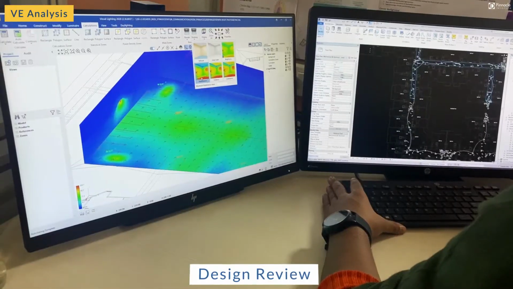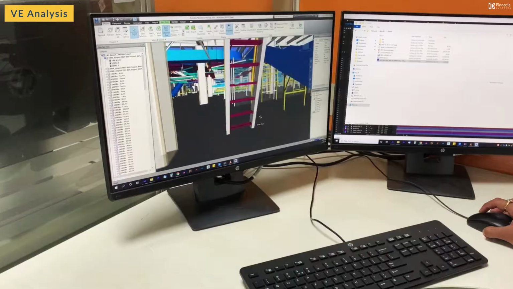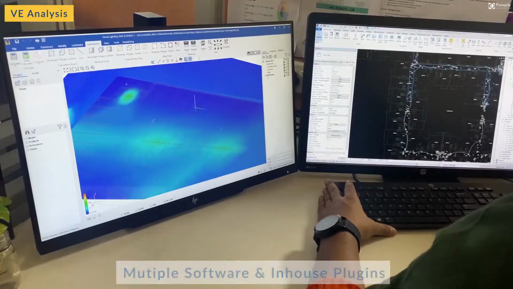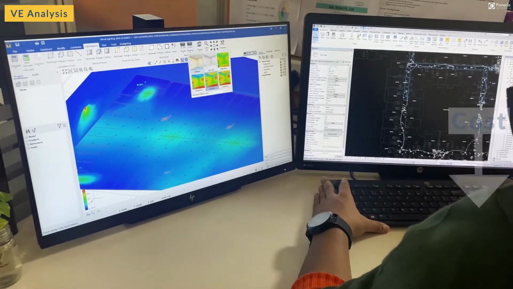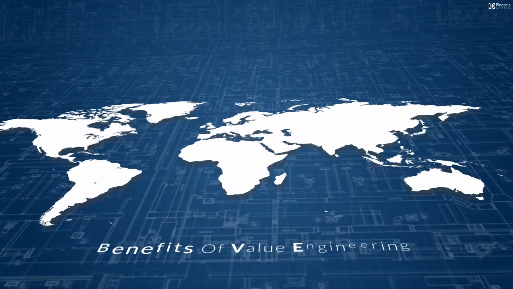Our highly experienced architects and engineers review designs meticulously to perform a value engineering analysis. We use several design and analysis software and in-house software modules to create multiple iterations of a BIM model to optimize its cost and maximum value. Benefits of value engineering: